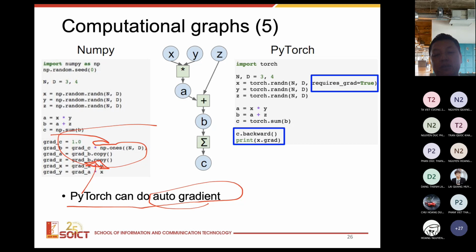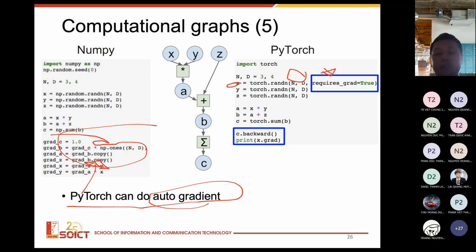If you do it in PyTorch and you want to backpropagate the gradient to x, then on the definition of x, you can say that okay, for x you want to initialize x with this special dimension, and you have this special parameter saying that for x you require grad, requires_grad equal to True, meaning that you want to do the backward gradient to this